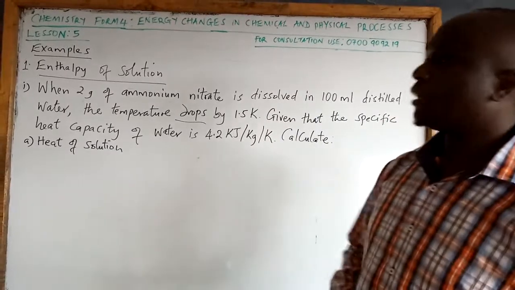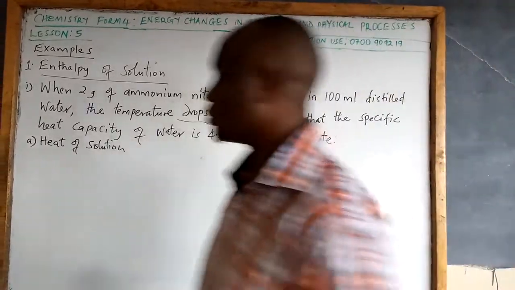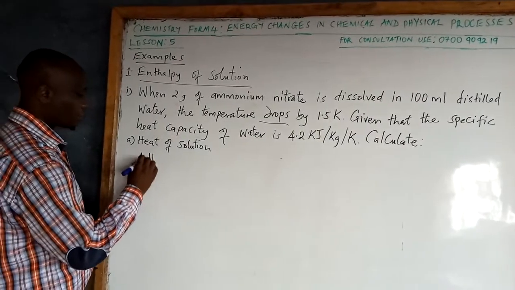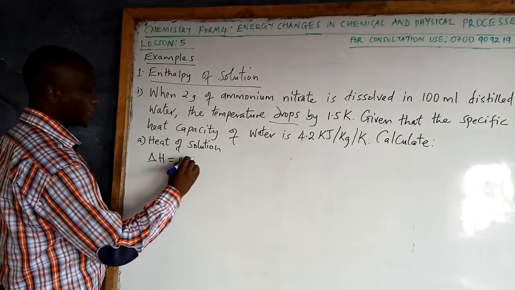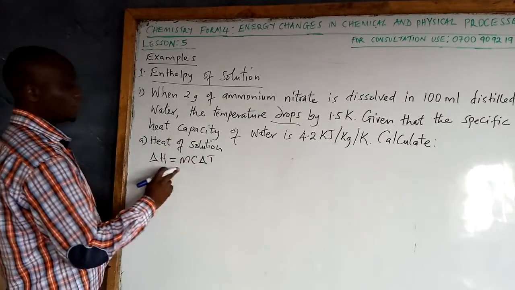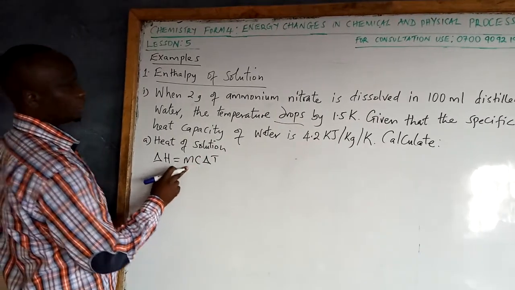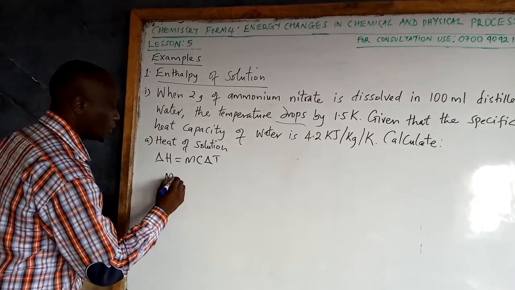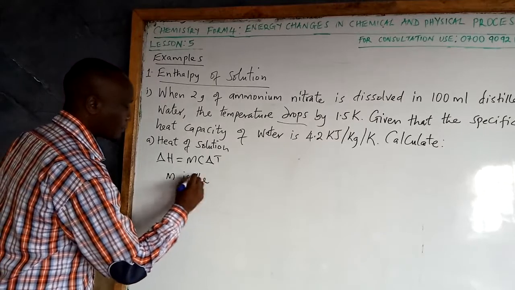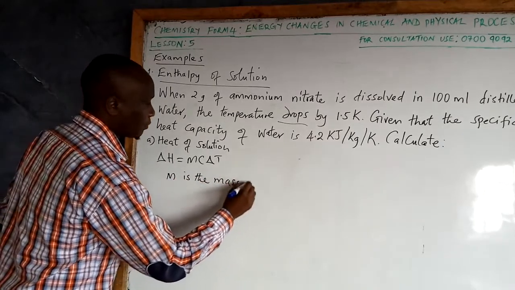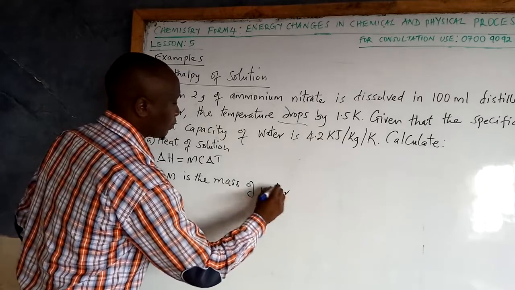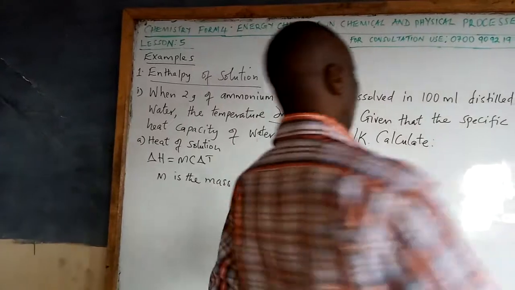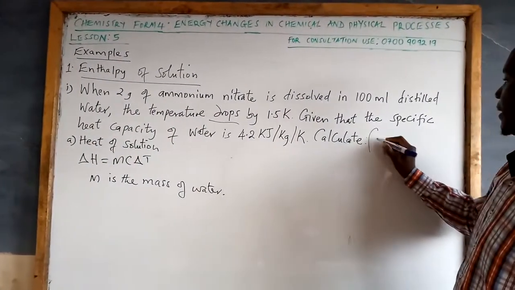To calculate the heat of solution, we use the expression that we have just mentioned. Delta H is determined by mc delta T, where m is the mass of the solution. When it comes to the solution in this case, m is the mass of water. To take note also, though not given, usually the density of water